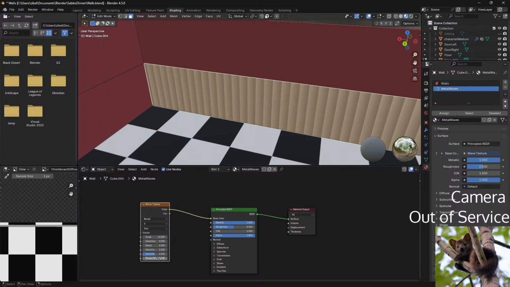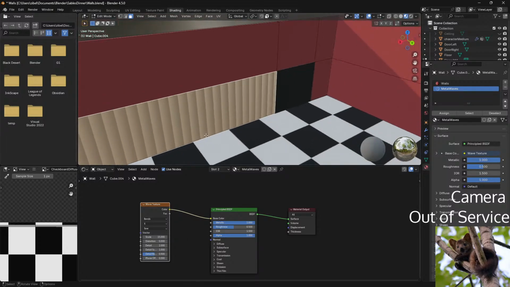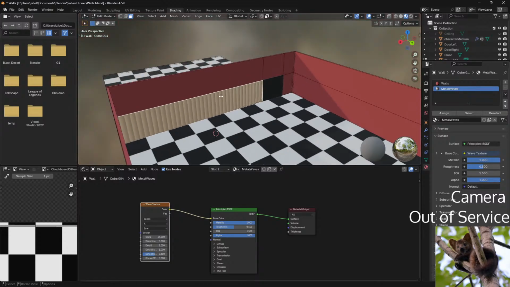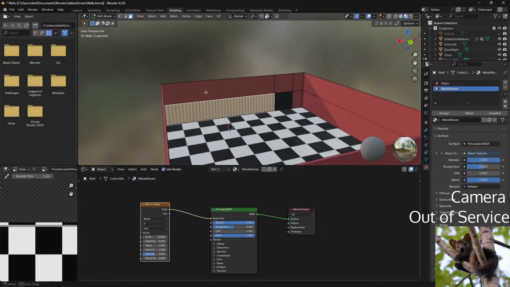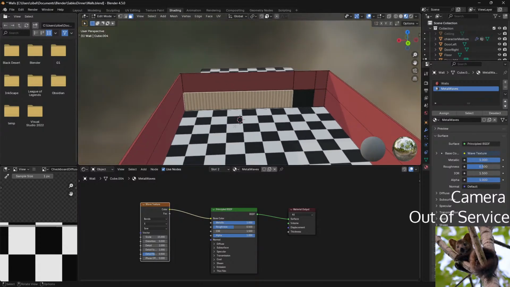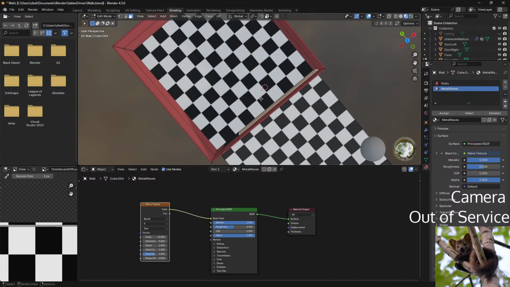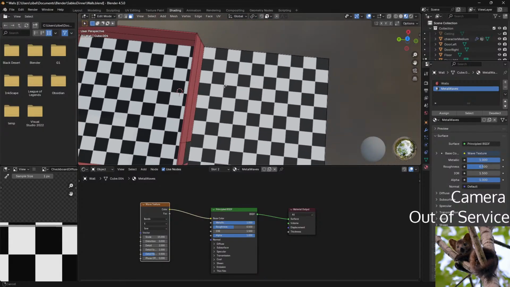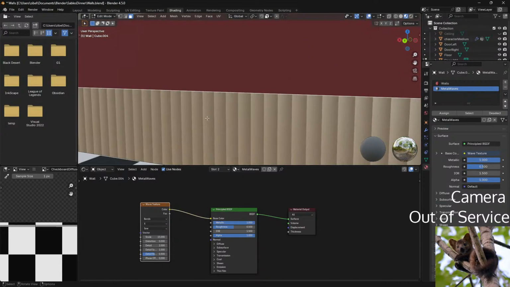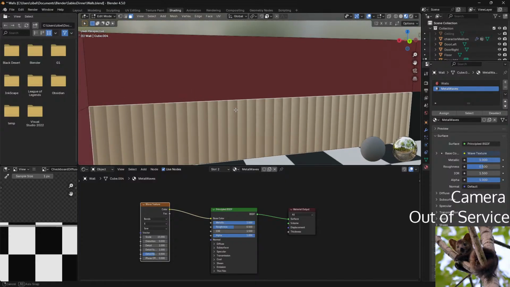This is useless. Okay, I'm doomed. Okay, better. Yeah, doesn't seem to be doing what I wanted to do.